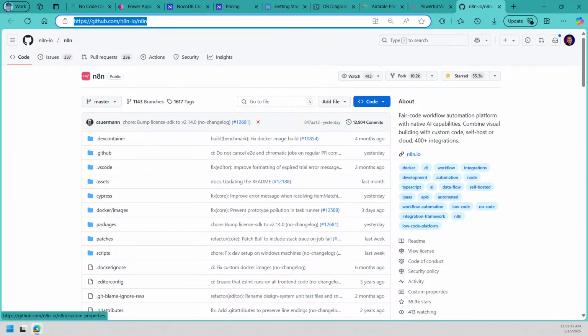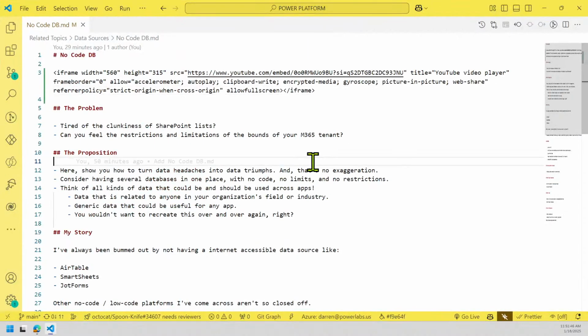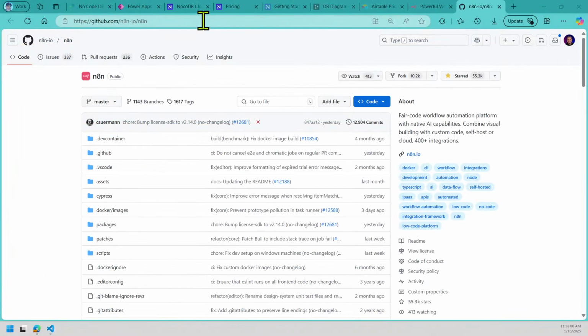I am going to add this to my notes so you guys can access all these things here. Okay, so I was talking about a markdown file. This is a markdown file. The headings are achieved with these pound symbols, and I've got links and resources at the bottom. So I'll put that in there. Yeah, this is open source. You can host this. You've got over 400 integrations, and